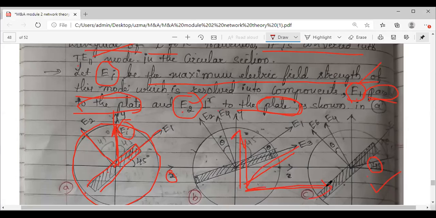One is horizontal, one is vertical. Generally horizontal means we take the x or y axis. But here I am not considering this axis. Now for my reference, the axis of this λ/4 plate is the reference line. From this, take one horizontal line and the other perpendicular line, and E1 and E2 indicate the horizontal component and vertical component. E1 is parallel to this plate, E2 is perpendicular to the plate. Hope you understood the first figure, so that I can move to the second figure.